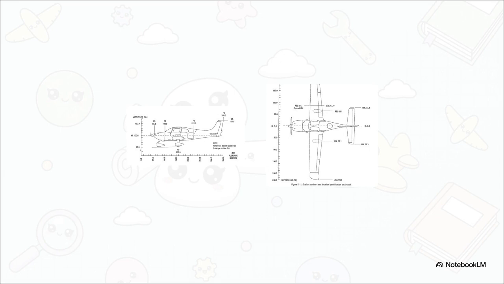Let's put this together into a complete 3D mental model. If you look at a side profile, you can clearly see the vertical waterlines on the y-axis and the fuselage stations mapped out along the bottom x-axis, starting from the nose and moving backward. Now shift your perspective to a top-down view. This is where the buttock lines come into play, spanning outward left and right from that zero center line running straight down the middle of the plane. By combining an FS, a WL, and a BL, you can locate literally any single point in space on that aircraft with absolute pinpoint accuracy.